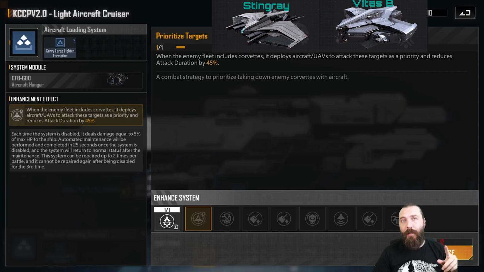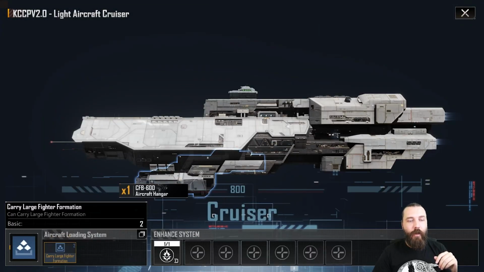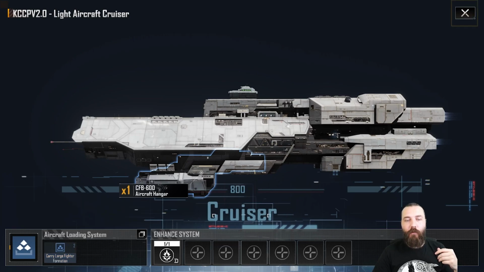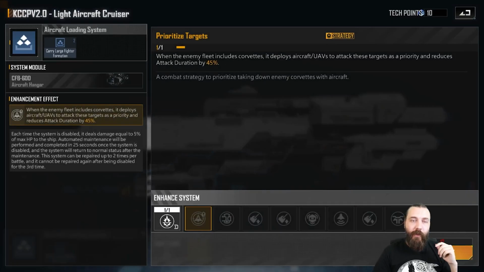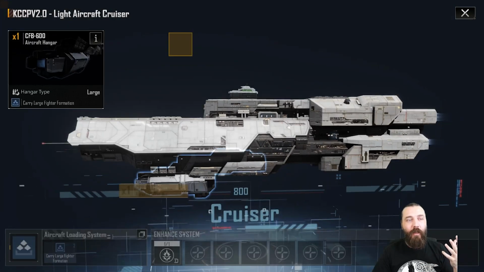And put your Vetus Bs on here and your Stingrays. At which point you fill up pretty quickly because you'll need 10 of these to get all 20 of those aircraft out. However, if you have got carriers but you're just looking for something extra to bring in some extra ships in,